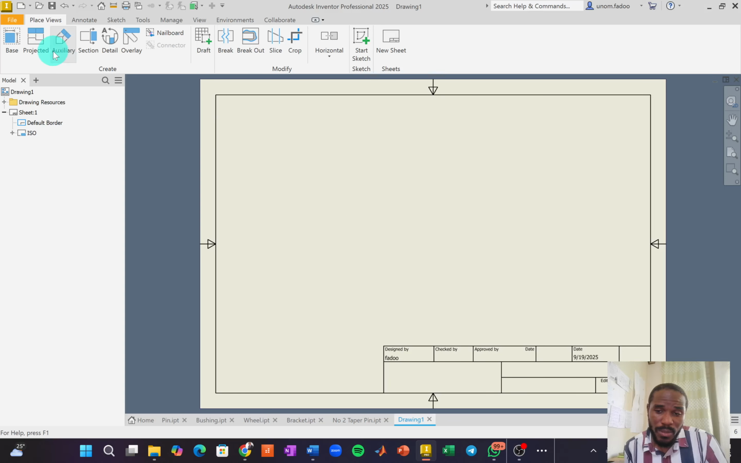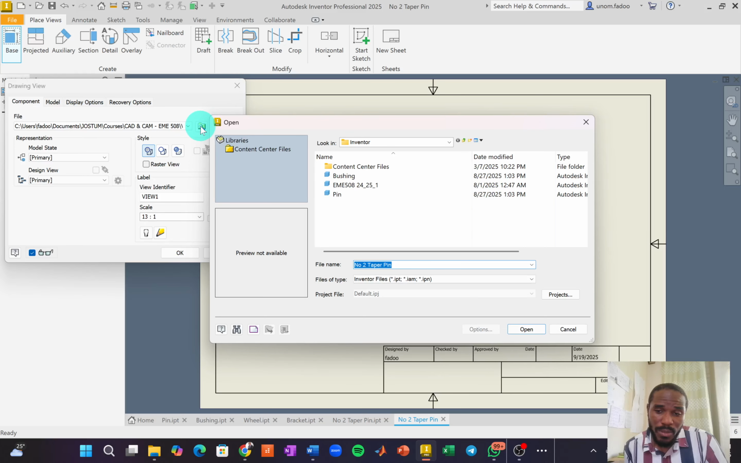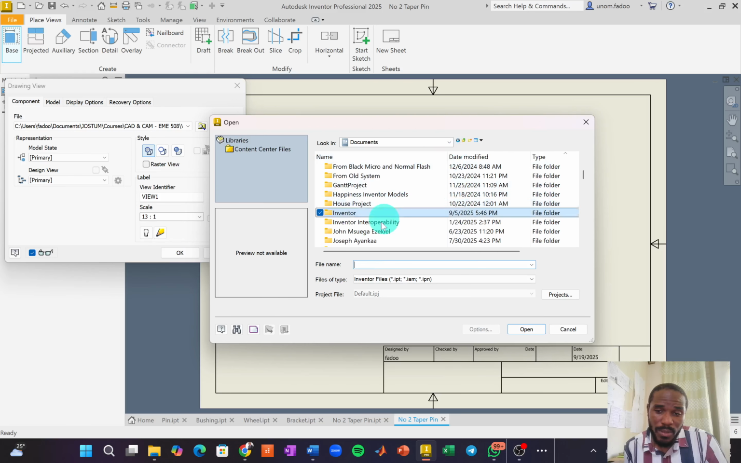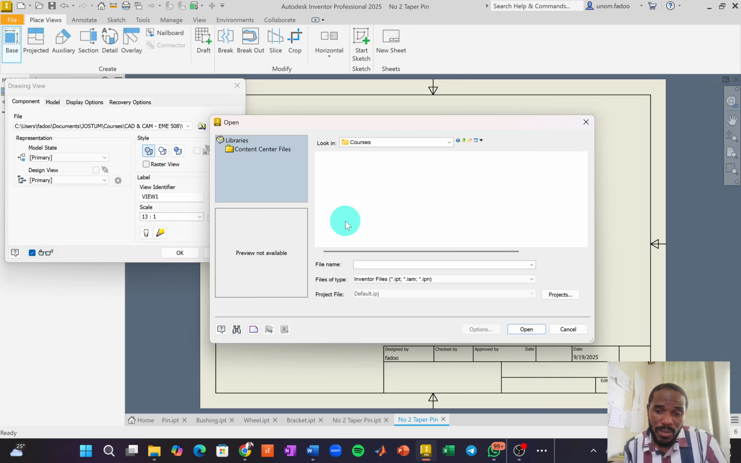I will first start with the pin. So I'm going to go to the base view. That's the view I want to place. I'm going to click on that. A dialog box is going to open up for me to select what I want to place. So I'm going to click on the browser icon there. No, that's not the folder I want to be in. Excuse me. I'm going to go to Justum, courses, CAD and CAM, and